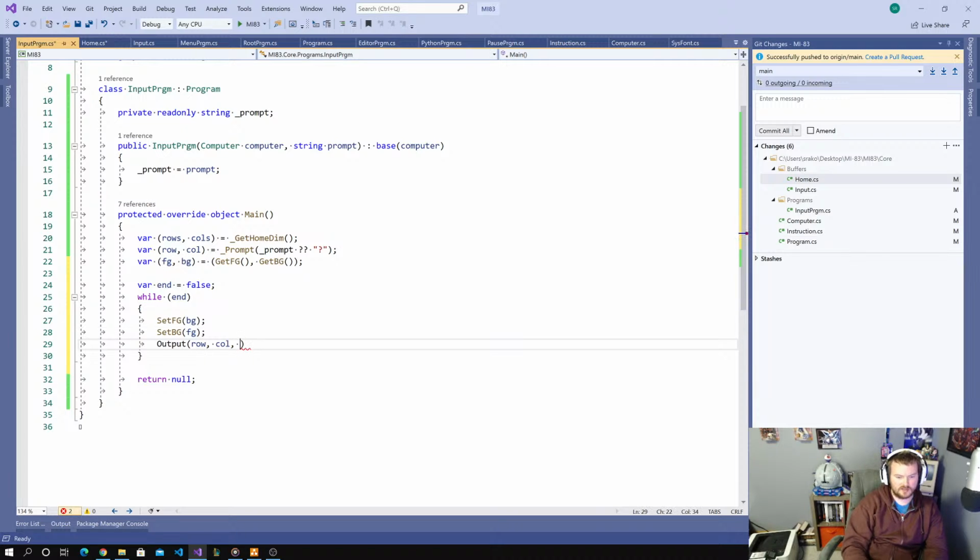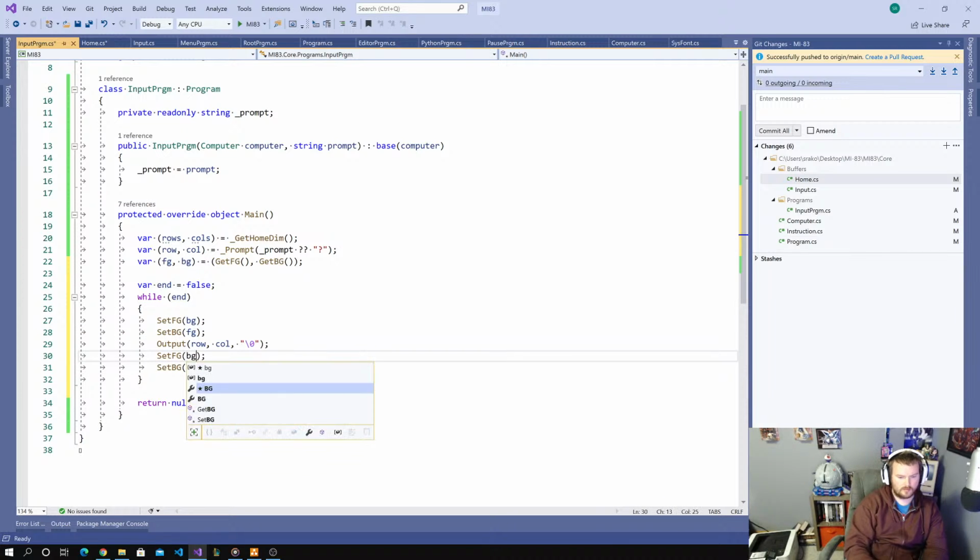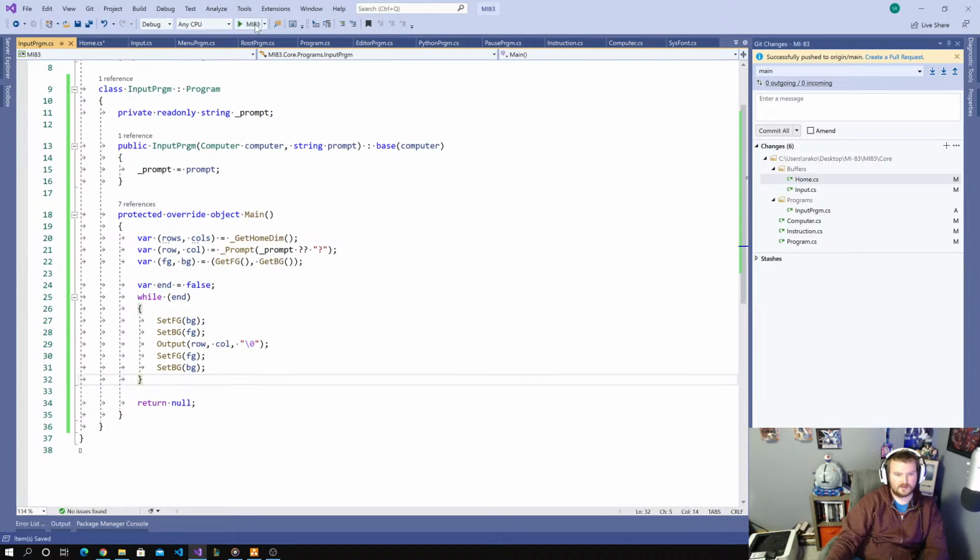I need to put a container in there. So if I just put 0th character in here, something to draw, then I invert them back. That's gonna look super ugly, but